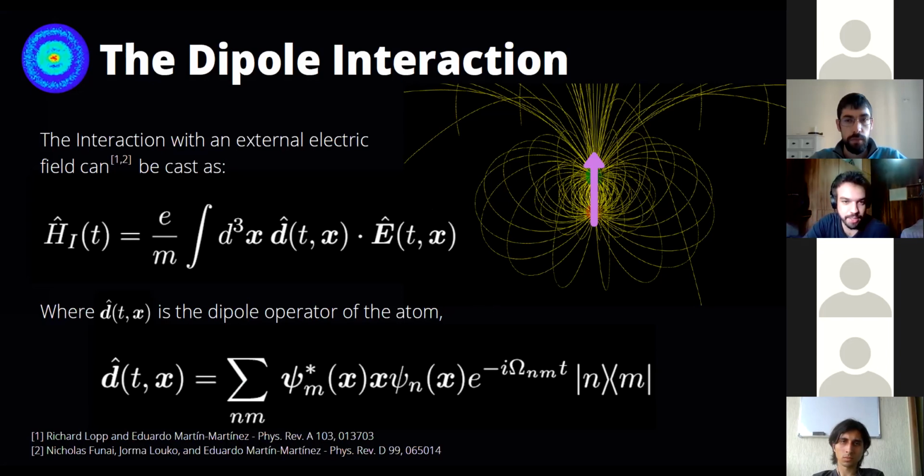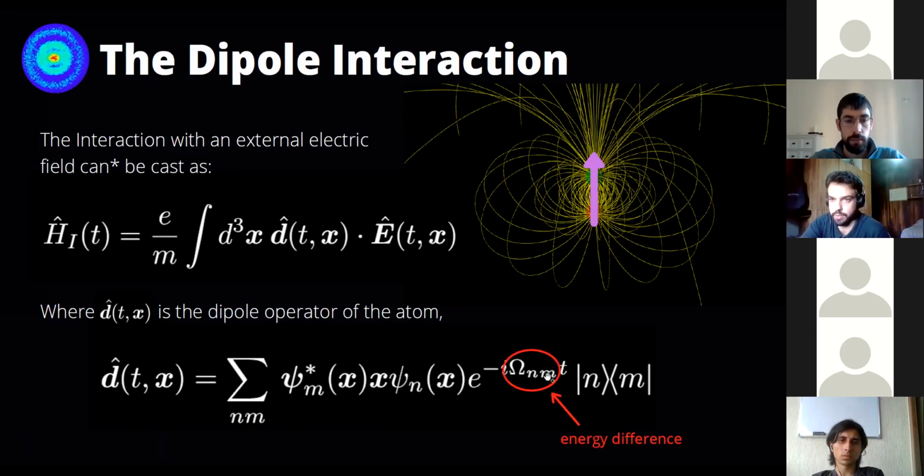Well, this will be the interaction we're going to consider. And then this dipole is essentially the X operator, but I'll write it in the interaction picture and in terms of the basis of eigenfunctions of the free Hamiltonian. If we do this, then what we get in the end is this dipole here, where this omega is the energy difference. Right, we're in the interaction picture. And then if we want to further simplify this model, well, first of all, at this stage we already have this